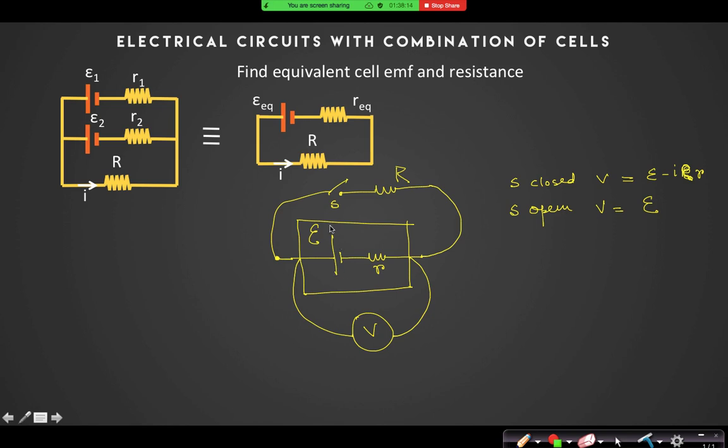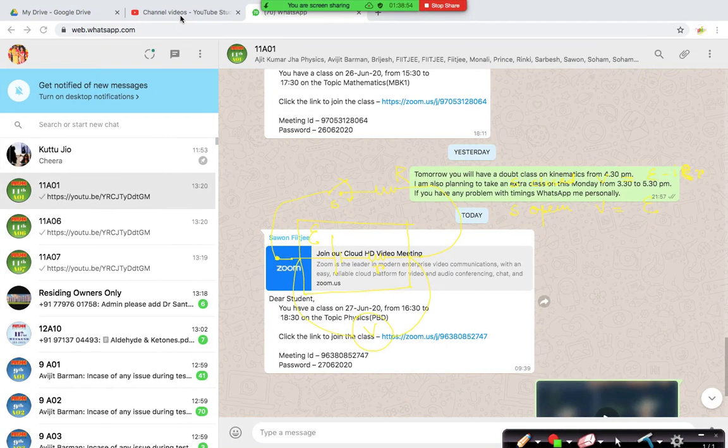Look, this is a battery. Inside the battery there is a cell of EMF E with an internal resistance r. That internal resistance may come due to anything. It may also come due to that liquid which is inside the battery. Whatever the manufacturing defect it may be, there is some internal resistance r, and E is the EMF of the cell. But if you connect that battery with some external resistance R with that switch, when the switch is closed, if I close that switch, then the battery will send a current.